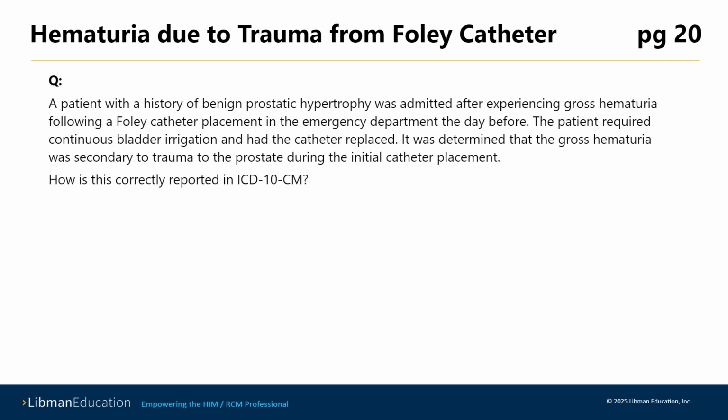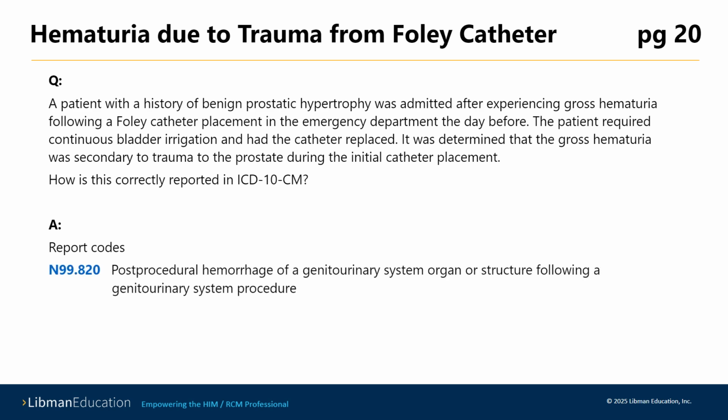In this scenario, a patient with a past history of benign prostatic hypertrophy experienced visible blood in the urine after a Foley catheter was placed on the day before this admission. The provider documented that the gross hematuria was due to trauma to the prostate during the initial catheter insertion. How is this coded in ICD-10-CM? Coding Clinic advises to report codes